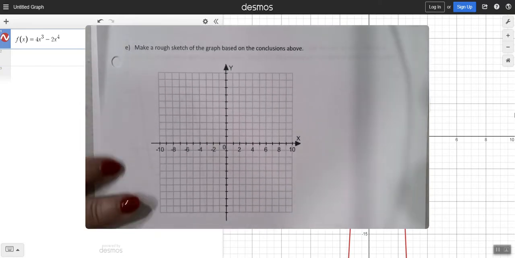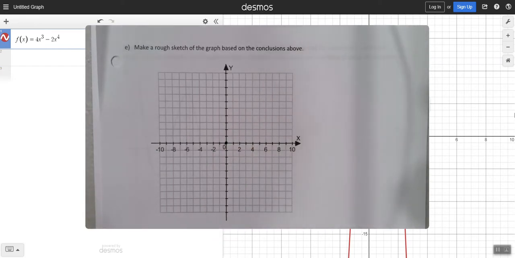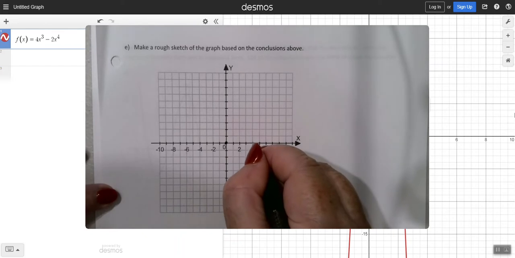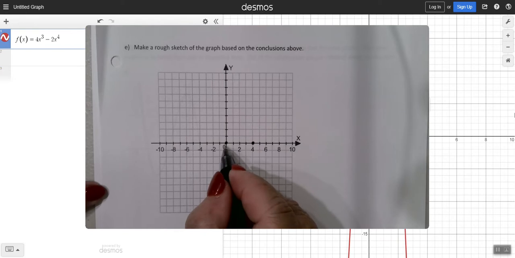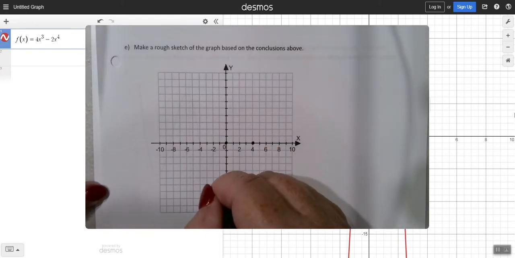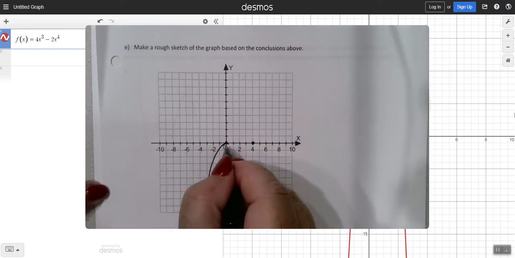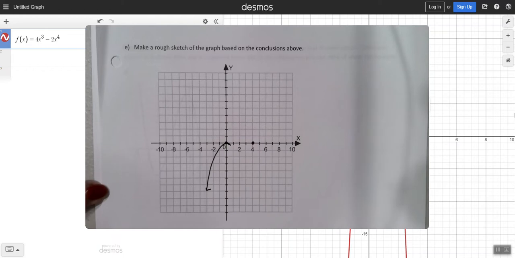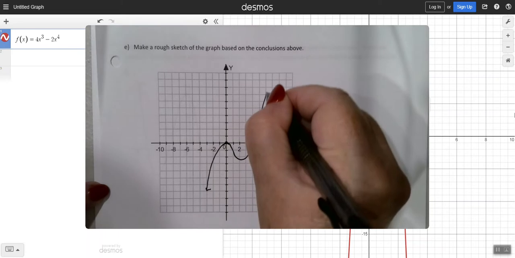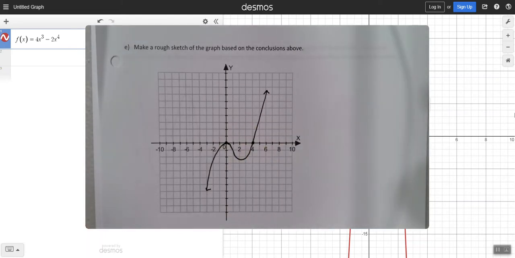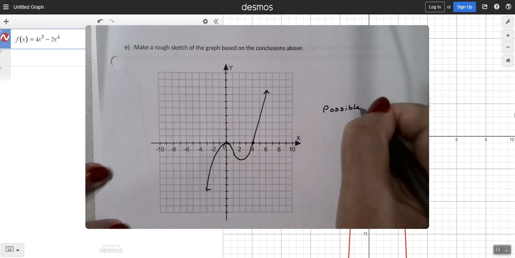Here's my rough sketch. I have 0, 0, which I know is going to be just a bounce-off point. I have 4, 0, where the graph's going to cut through. I know the graph goes down to the left. It has to bounce off here at the 0, 0. And then it can go down and come back up and go up to the right. This is certainly a possible graph, but I have